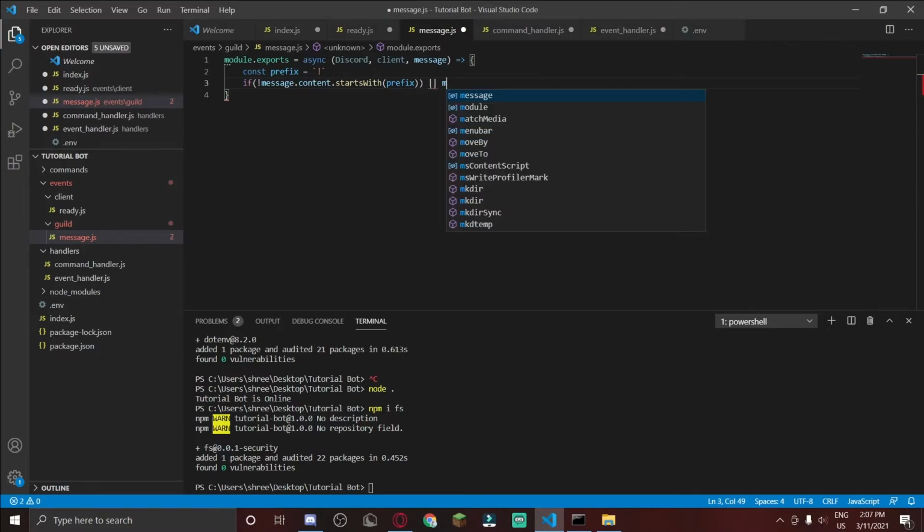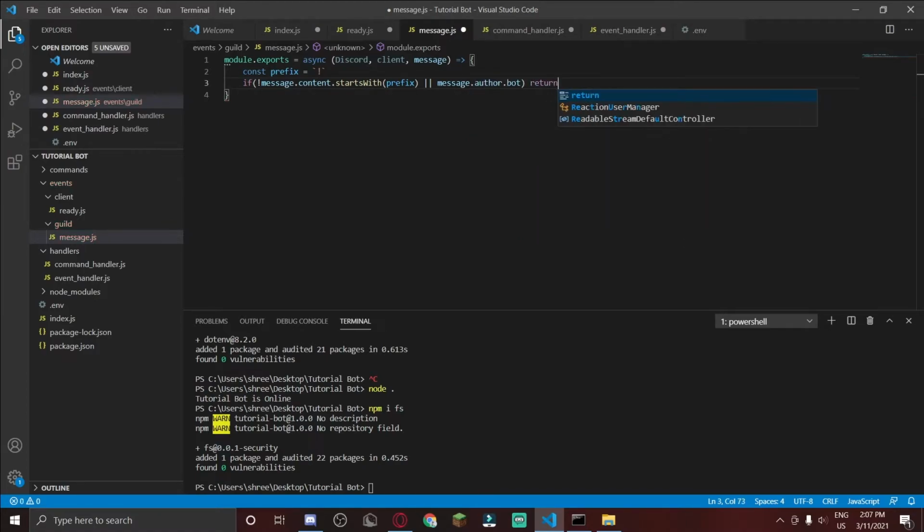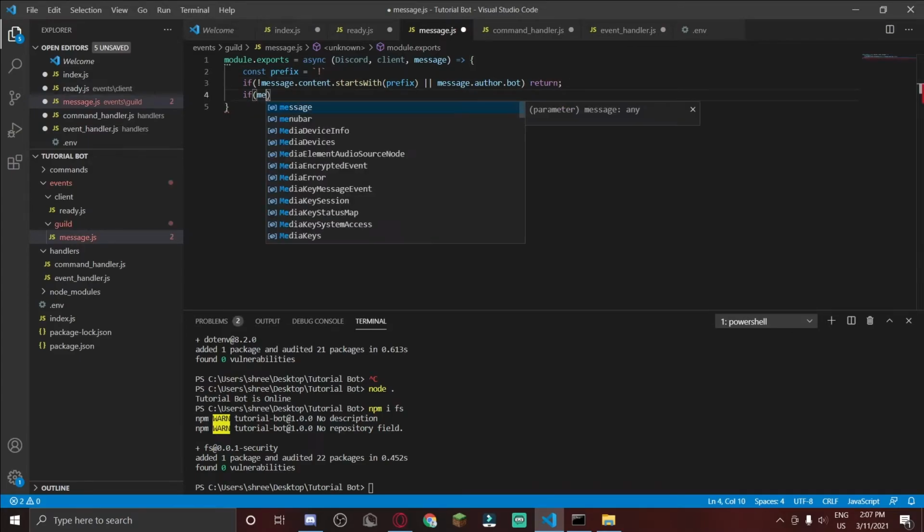or, which is what the two lines mean, or message.author.bot, which means or if the message was written by the bot, return. Don't do anything about it. So if